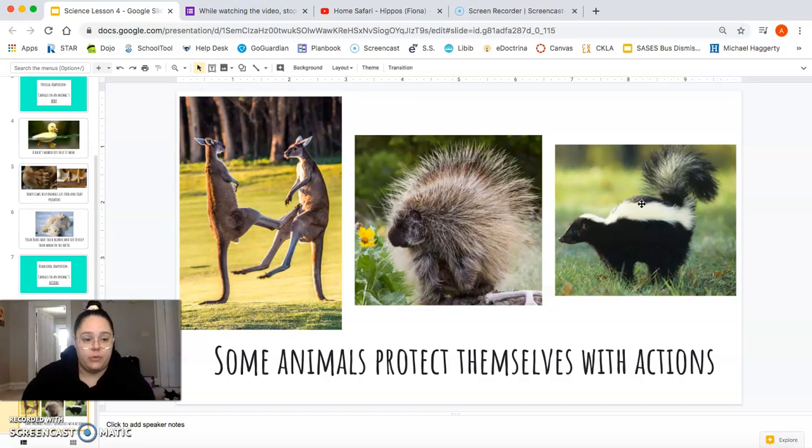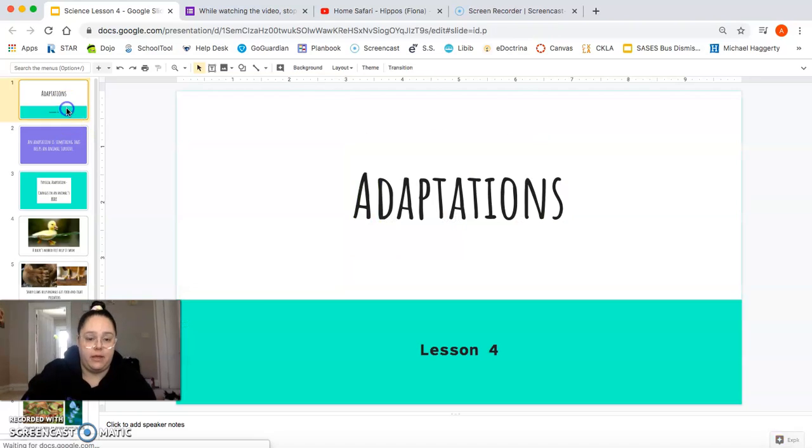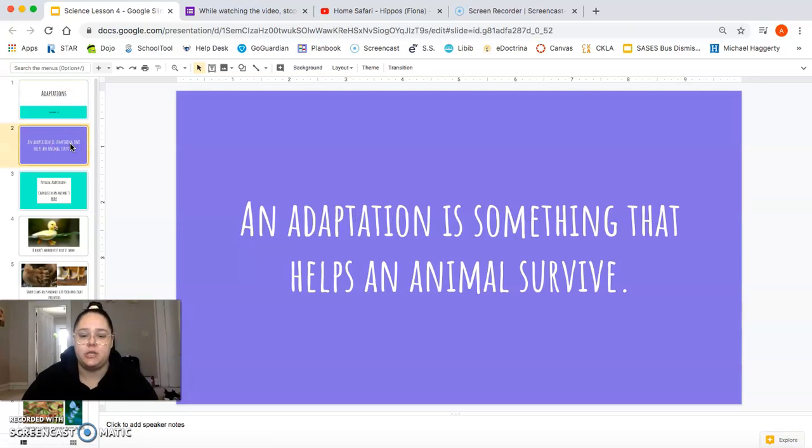All right, so that was just some examples of animal adaptations. Remember that an adaptation is something that helps an animal survive. It's something it does, or it's something that it has that helps it survive and be okay in its environment. All right, so